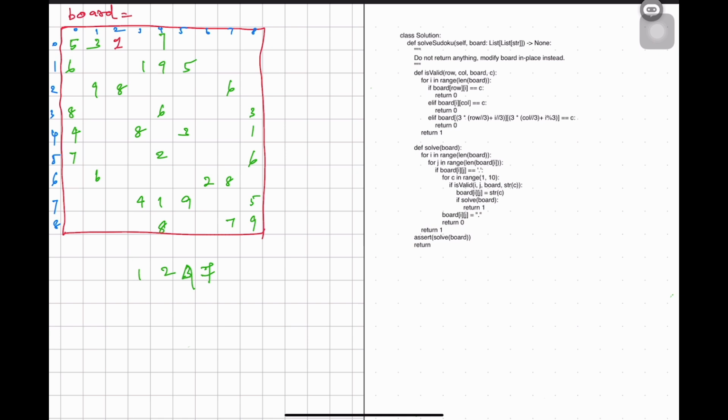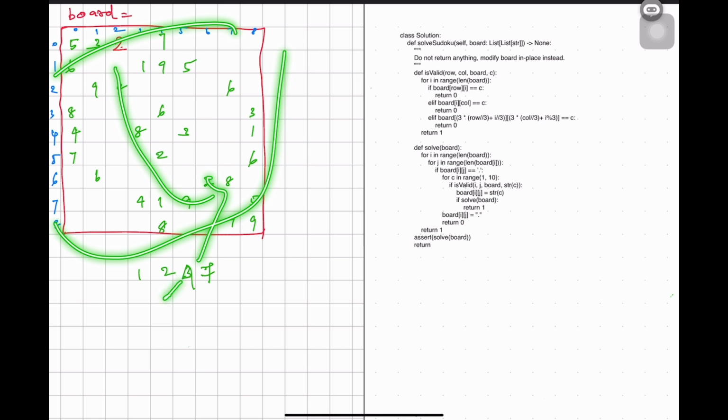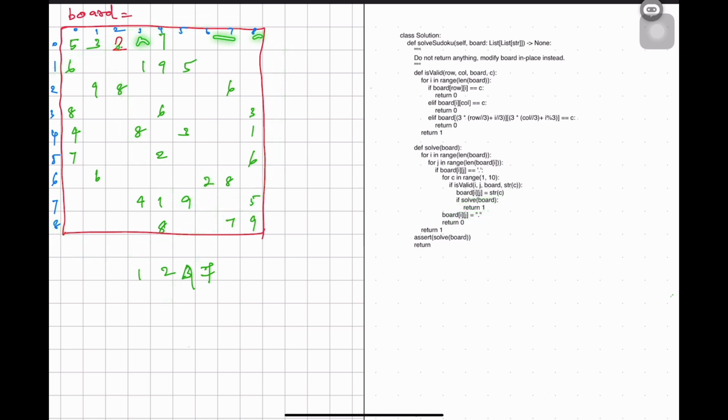If you apply 1 here and couldn't solve the full board, you will backtrack and update it to 2 instead of 1. Then, with this 2, you will send the board and try to fill. If that is valid, we will return true, because with this 2 you were able to fill all the cells with unique values.